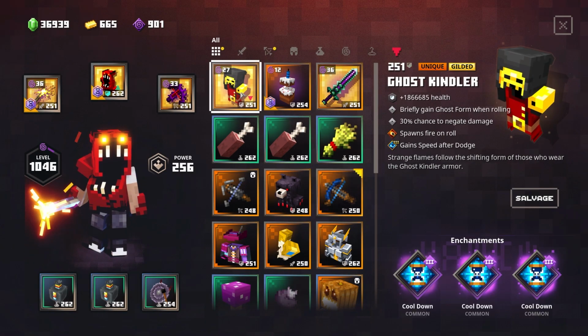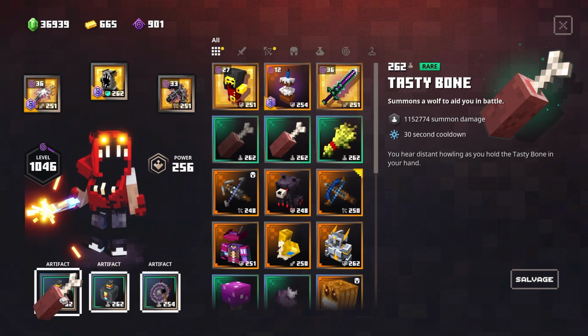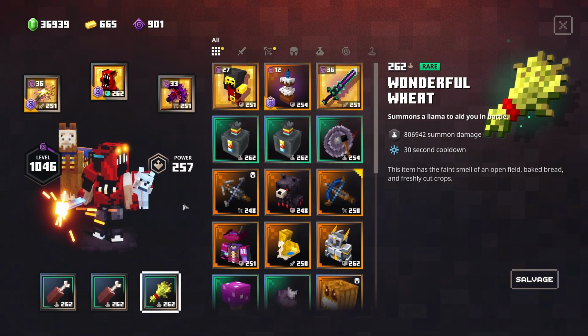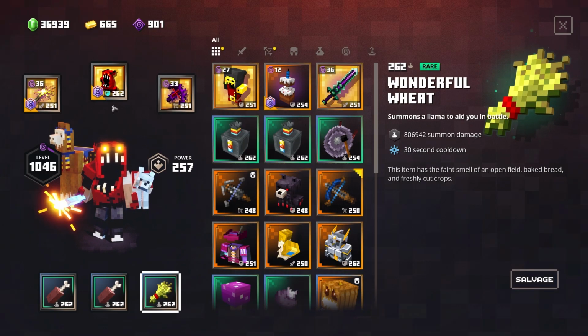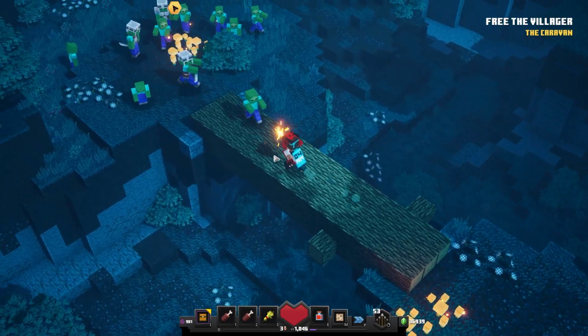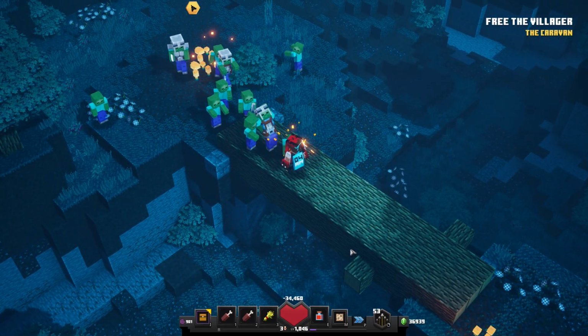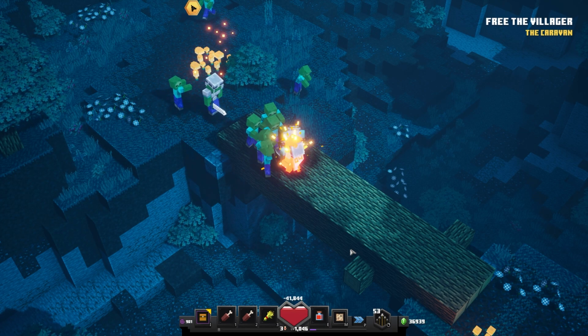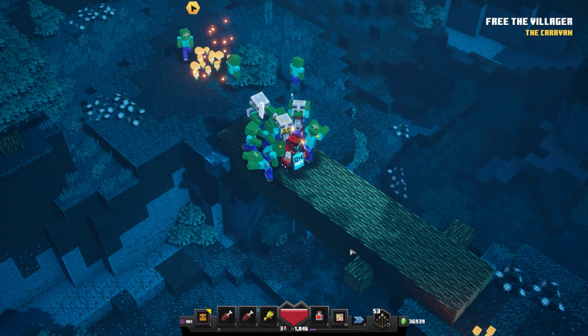So we're gonna equip the Hungry Horror power level 162 with the upgraded effect, and then also 2 times a tasty bone, so I'll be able to see exactly what happens if I heal my allies with of course the enchantments. First, we're actually gonna take the 5% chance to teleport away when hit. Let's see what happens when I trigger this. So right now I'm just getting casually hit by the enemies. We still didn't trigger the 5% chance, so maybe...